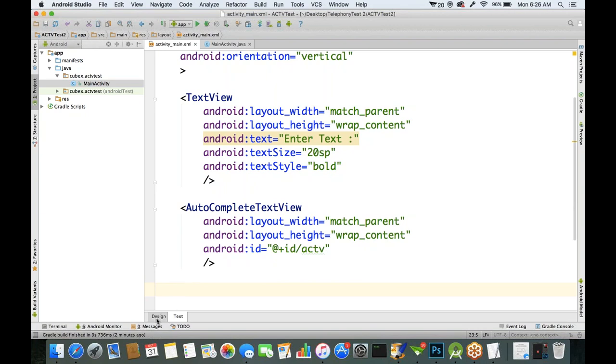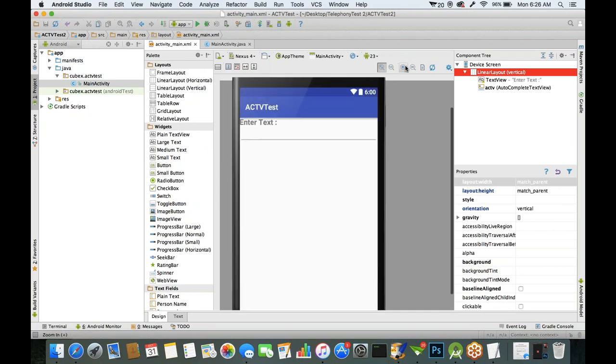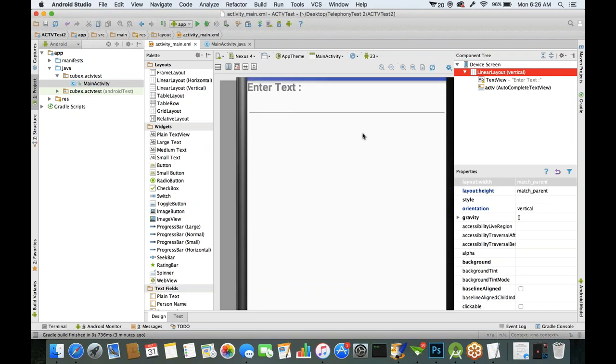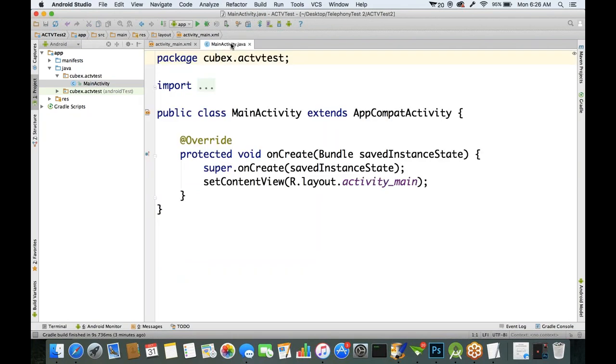Okay. Now select the design here. This is the UI we created. We created a text view component, and below the text view component we created an autocomplete text view component. Fine, right? Okay. Next, in the activity on create method,